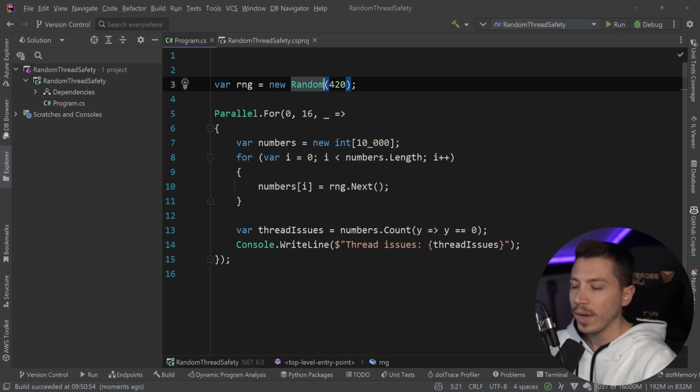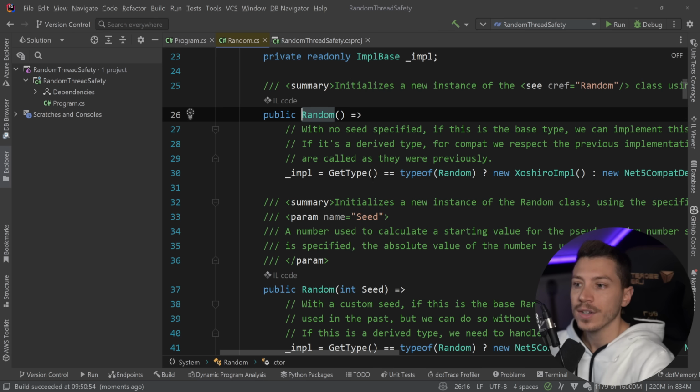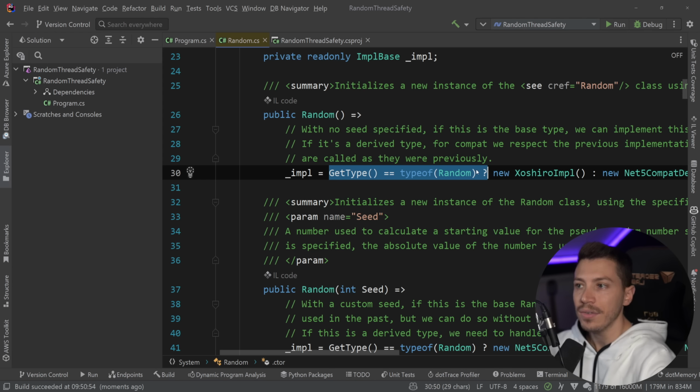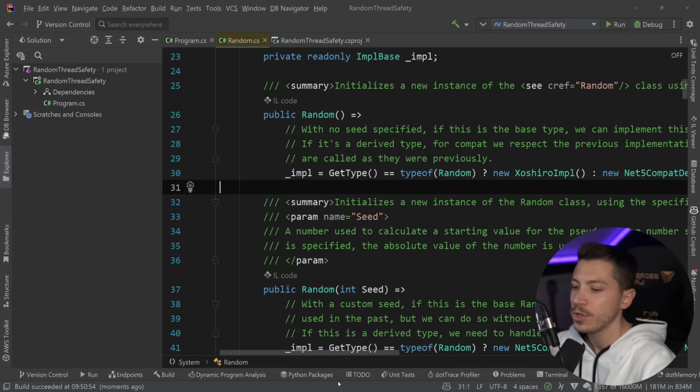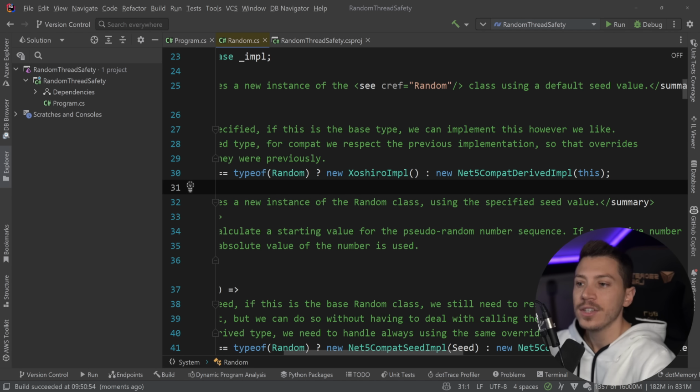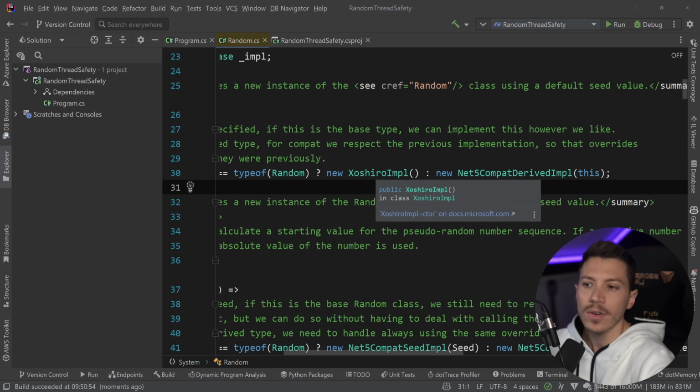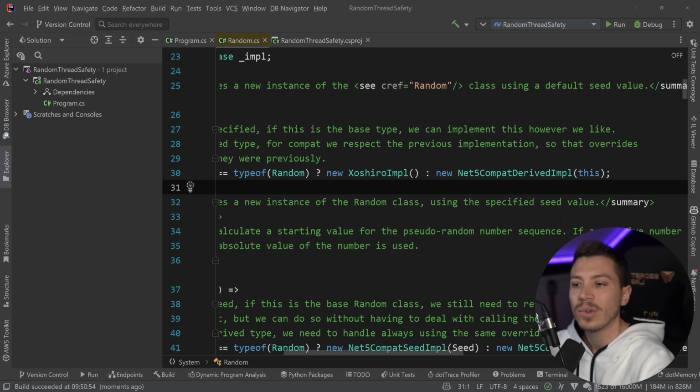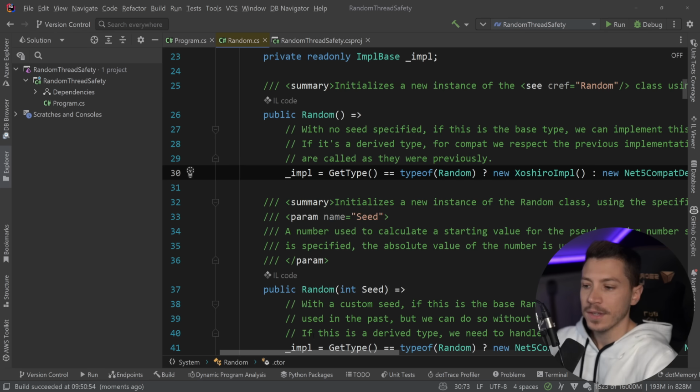Now let's see why we have this behavior. First, I'm going to start with the random, the empty constructor, and I'm going to go here. And as you can see, it has a get type check. So if the type of itself of the random is equal to random, so it's not inherited in any way, then it's going to use this Xoshiro implementation. Otherwise, it will use the .NET 5 compatible derived implementation, which is very interesting because that kind of tells